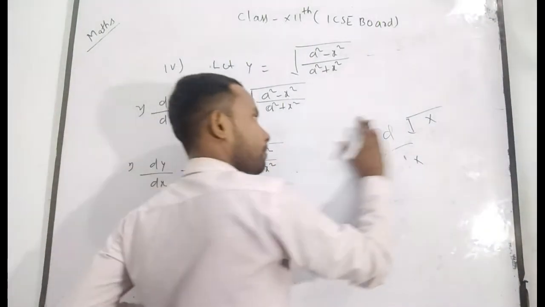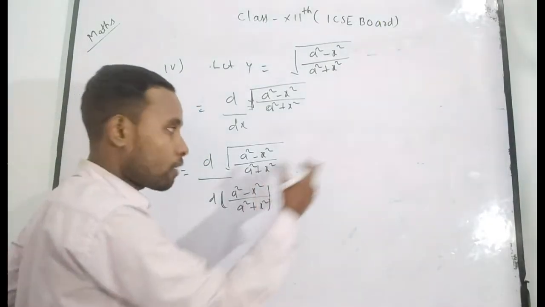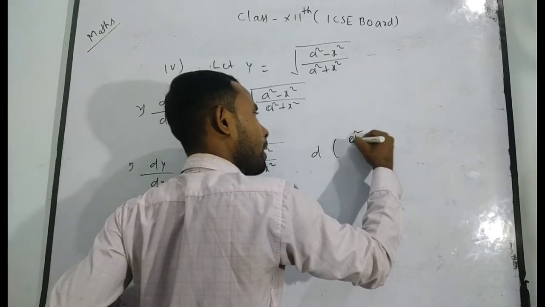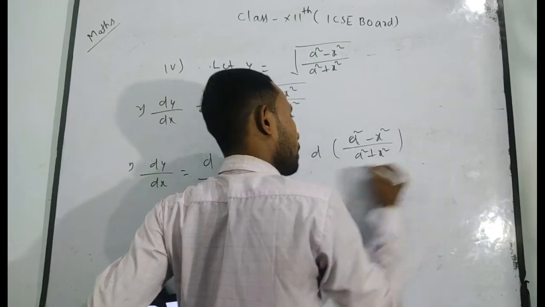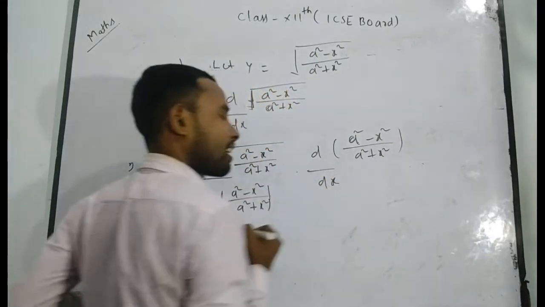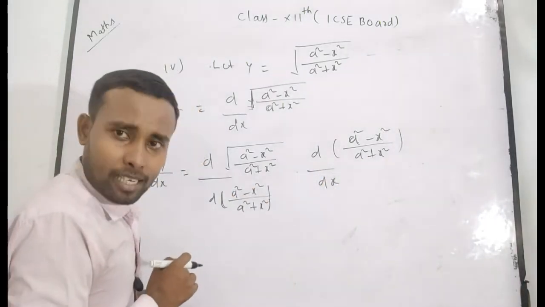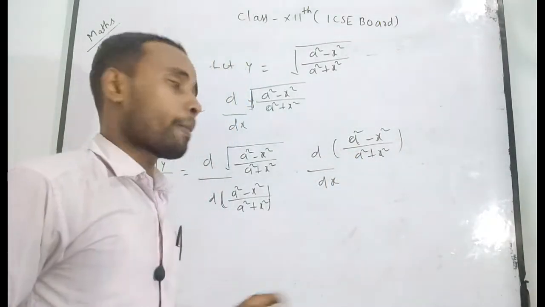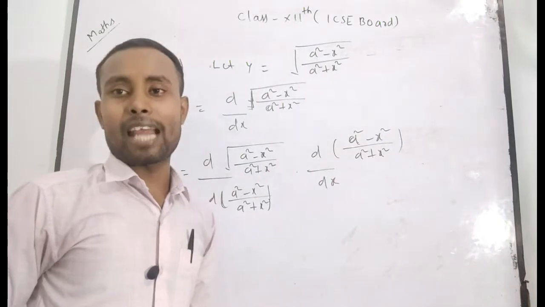Again, as you know that this term has been taken forcefully, now I want to manage it by taking it in the numerator. So the derivative of (a square minus x square) divided by (a square plus x square) with respect to which term? X. Can you differentiate this term with respect to x? Yes. Now you can again ask me, sir, how can you differentiate this term with respect to x? Because it is a quotient function. Using the quotient rule, you can differentiate directly.